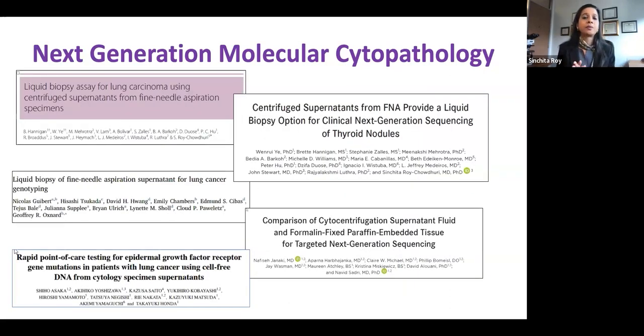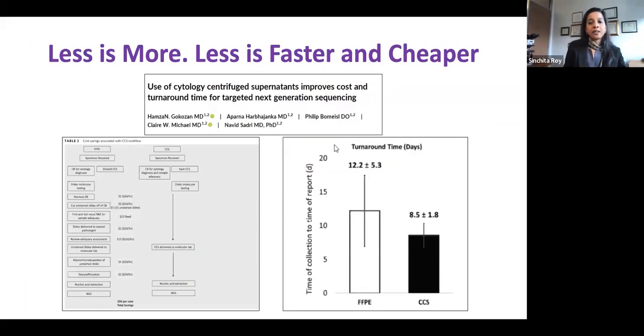And since then, there have been multiple publications that have looked at supernatants from FNAs and other body fluids that can be optimized for some of these molecular tests. And the interesting thing is that it's not only that you're doing more with less, but this less is actually faster, because now you're cutting out all of the time for processing the slides and then scraping off those slides and trying to extract DNA from that. You can just take that fluid, extract DNA, RNA the same day of the procedure and run some of these downstream assays.